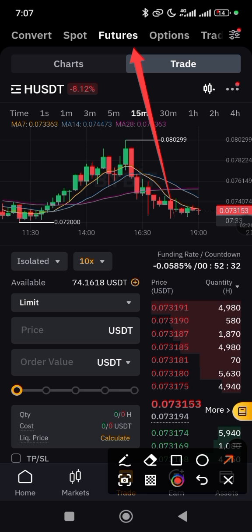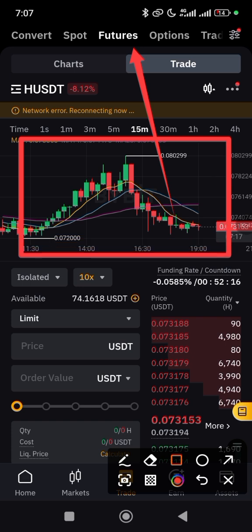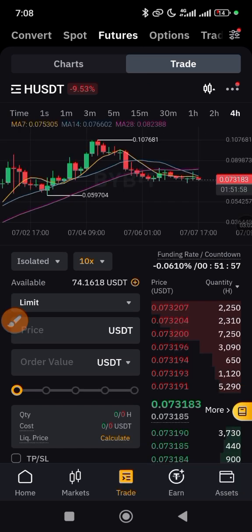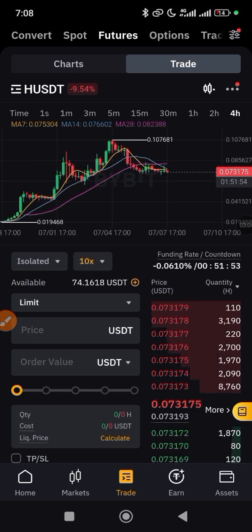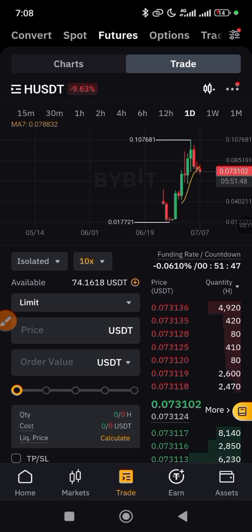For you to trade, you need to either have a signal provider, or you do your analysis yourself. The Bybit platform provides you with a chart whereby you can do your analysis. And then there are the time frames whereby you can see what is happening to the token in each and every time frame. For instance, this time frame is on 15 minutes, but when we change it to the 4-hour time frame, you see the chart displaying in a different pattern and manner. And when you hover over to 1 day for this particular token, you can see